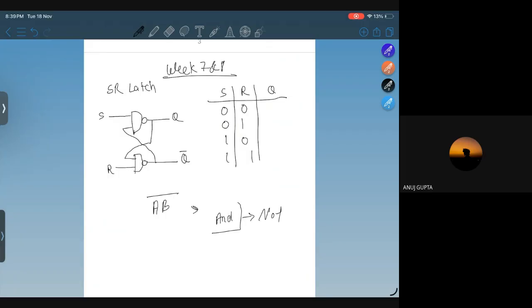In an AND gate, we know if any one input is 0, eventually we'll get a 0, and the NOT of that is 1. So what we can derive out of this is,